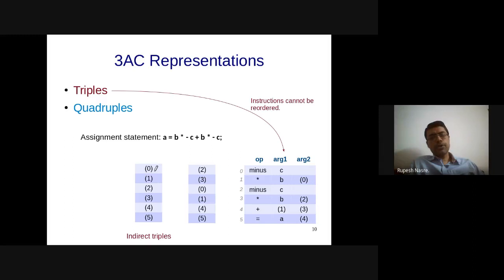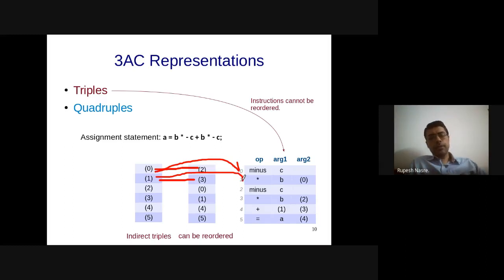Right? So maybe 0 is pointing at 2, 1 is pointing at 3, and so on. Or I can reorder these in this manner. Sorry, this is not the mapping. 0 just means that this is pointing to 0, and 1 means that is pointing to here.